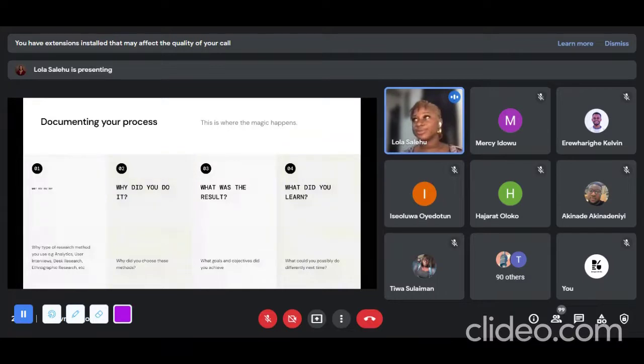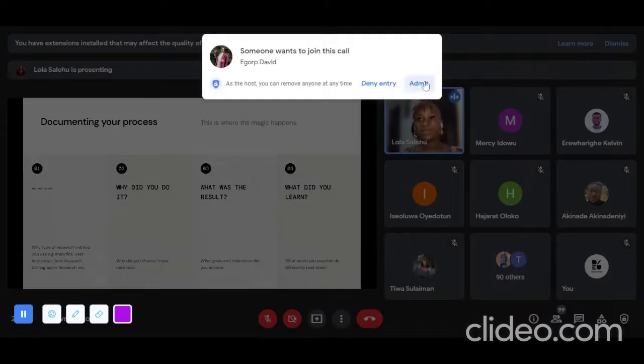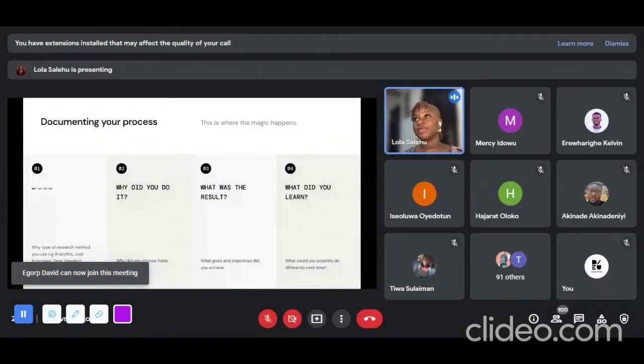You also want to answer questions like, what was the result? So for example, this method that you used, how did it help you achieve certain goals? What did you learn from the method? For example, is there anything that you would do differently next time? Is there anything that you learned during the course of using that method that helped you improve your workflow in whatever way? So these are things that you can include in the